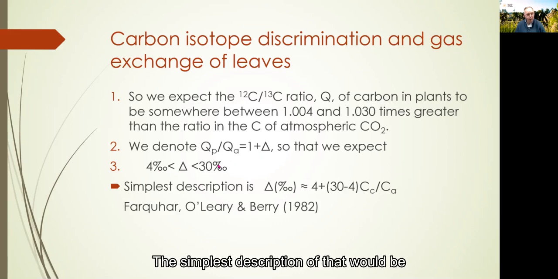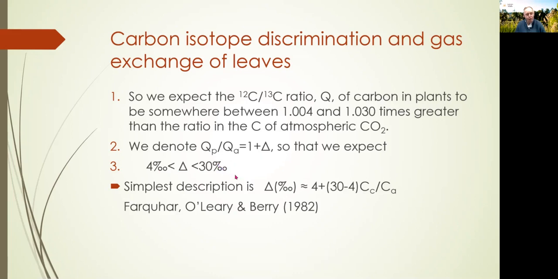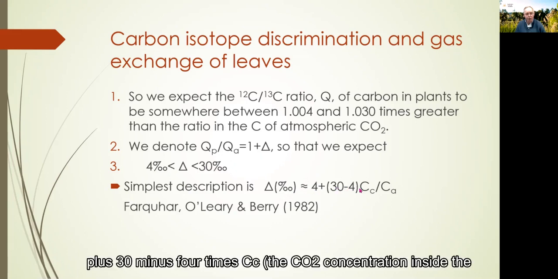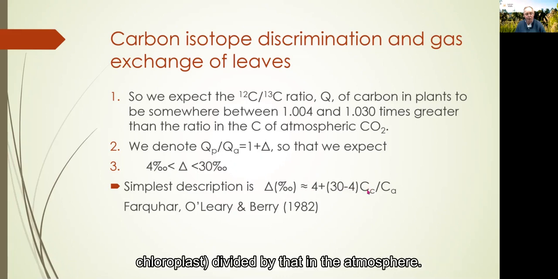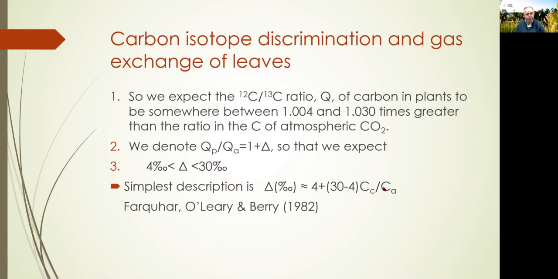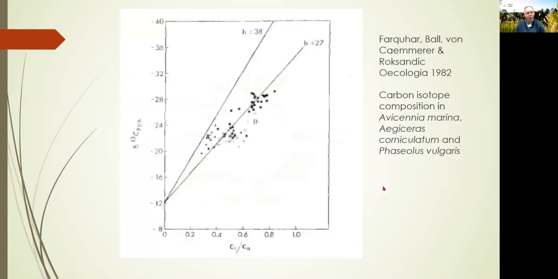The simplest description of that would be with the two endpoint linear equation, that delta is equal to 4 plus 30 minus 4 times Cc, the CO2 concentration inside the chloroplast, divided by that in the atmosphere. This is the first experimental testing of those ideas